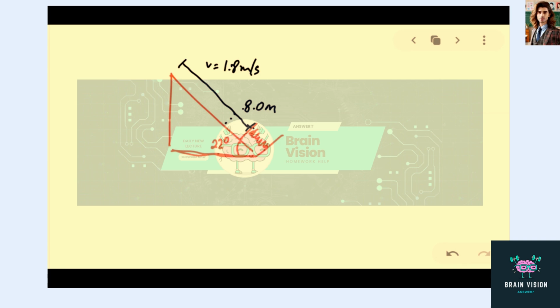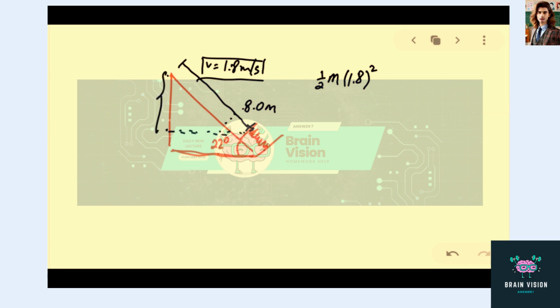Well, we're going to use energy conservation. That is, the total initial energy must be equal to the total final energy. Right, total initial energy comes from the kinetic energy at the start of the ramp, which is half m times 1.8 squared, and also the gravitational potential energy, GPE, over here,